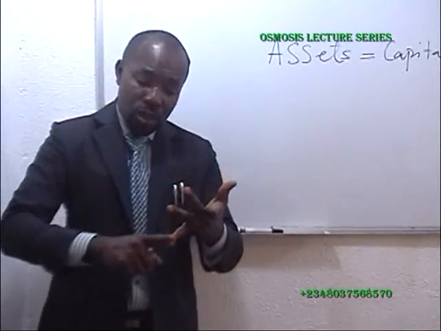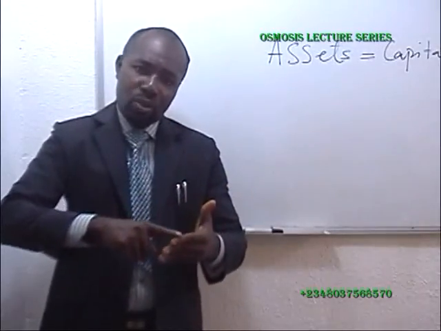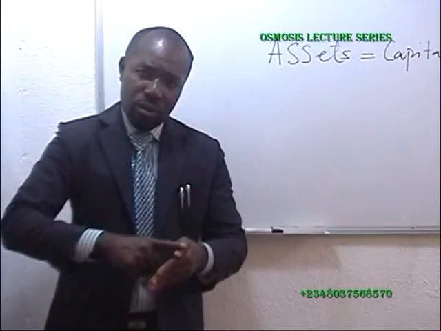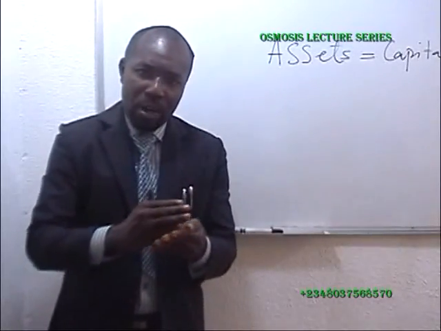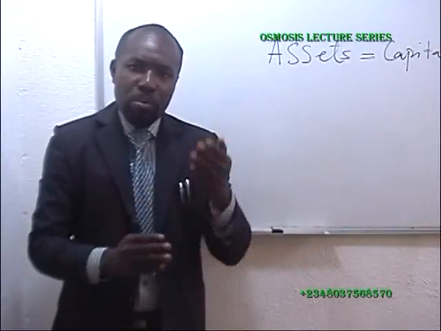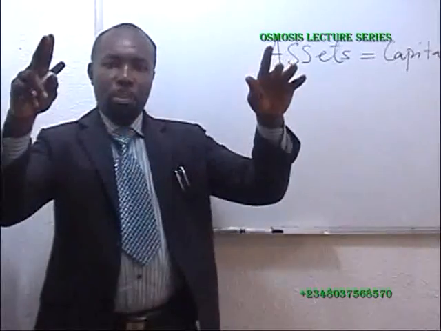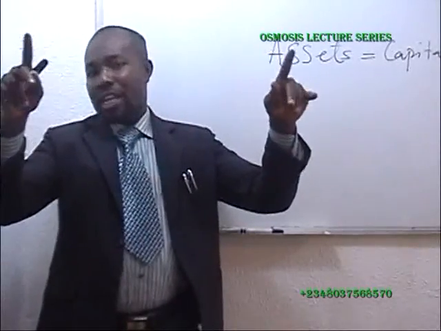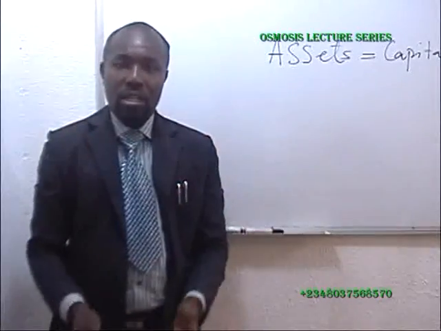If Mr. A is owing you, Mr. B is owing you, Mr. C is owing you, Mr. D is owing you, Mr. E is owing you, then when you add up all the amounts these people are owing you, they will make up your total debtors. So the account which we open for them, which we call the total debtors control account, is the account showing your total debtors.